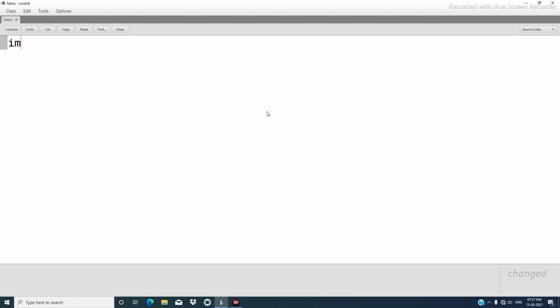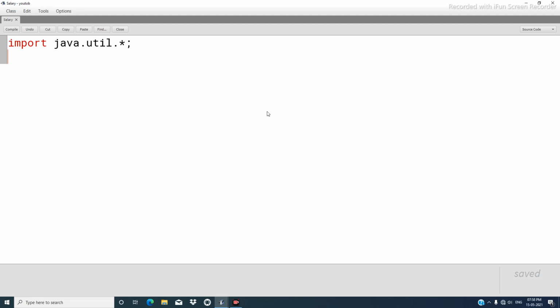First of all, we write the import statement: import java.util.*; press enter. So import is a keyword and all the keywords are to be written in lowercase, and the BlueJ IDE, that is BlueJ Integrated Development Environment, prints every keyword in red.